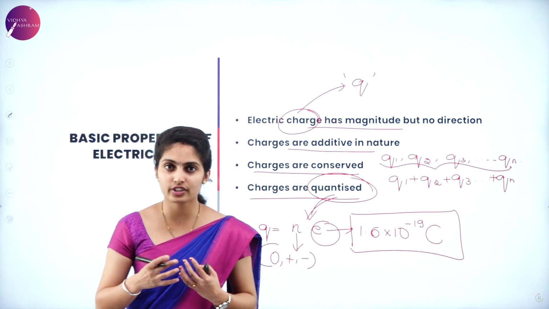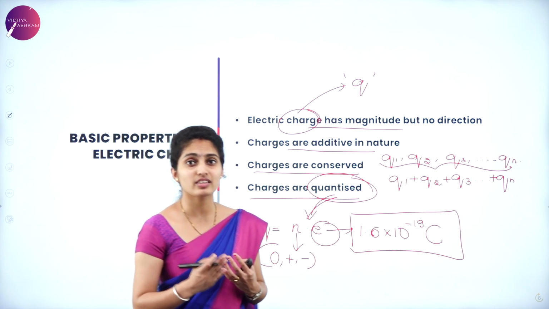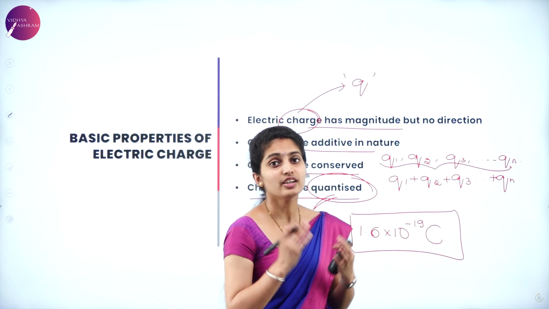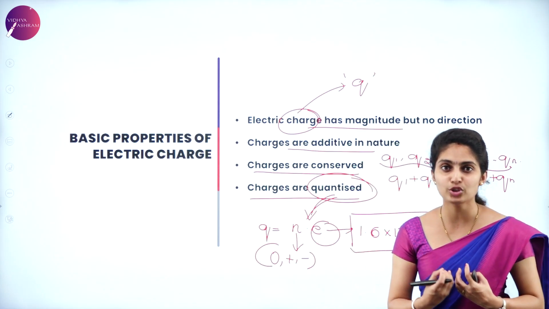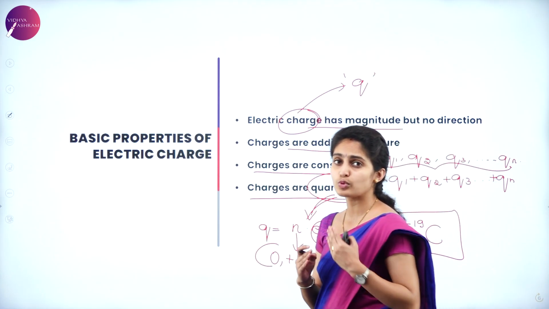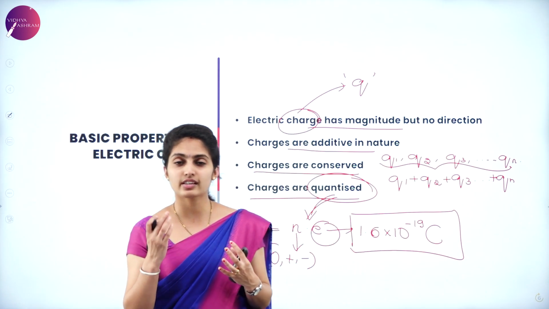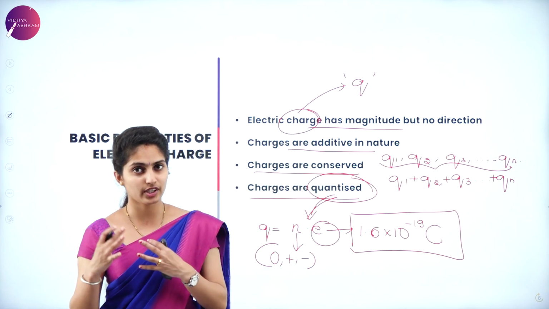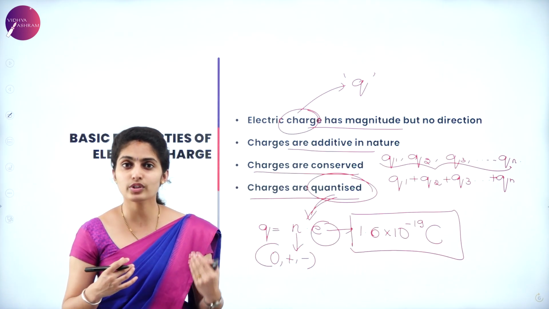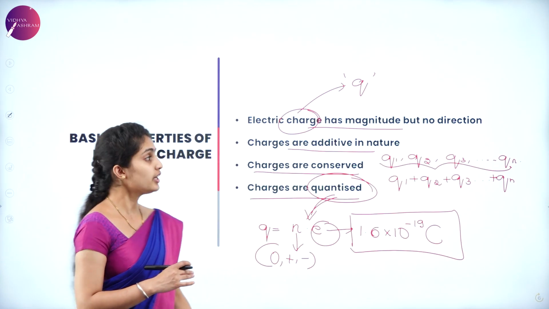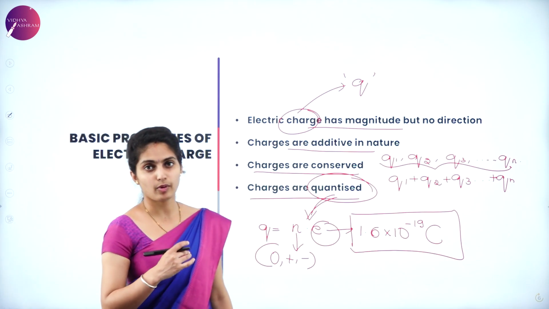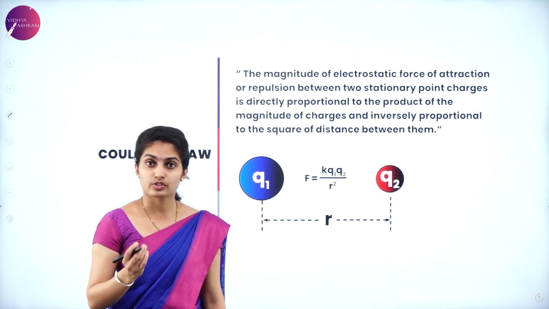So when there is a short circuit or something, it will be earthed. That is, earthing is being done, which will absorb all those events. That is, the events are said to be neutralized. That is why earthing is most important. The wire is connected to the earth so that the flow of charges is from the circuits through the body. By this, they can neutralize the charges, okay? So that is all about the basic properties of electric charge.